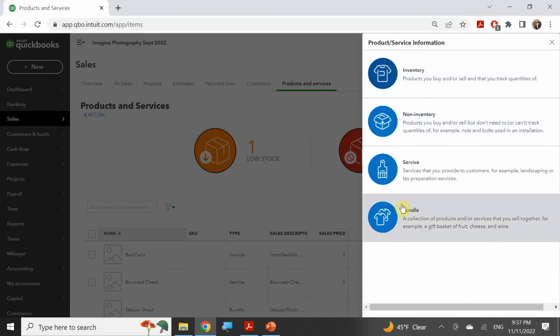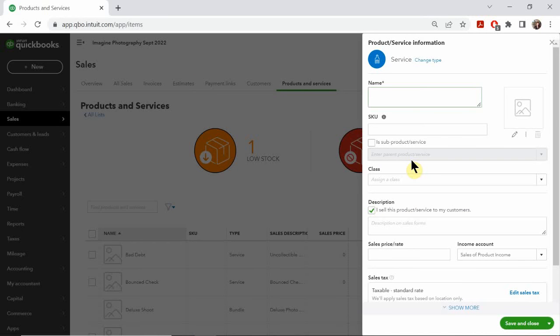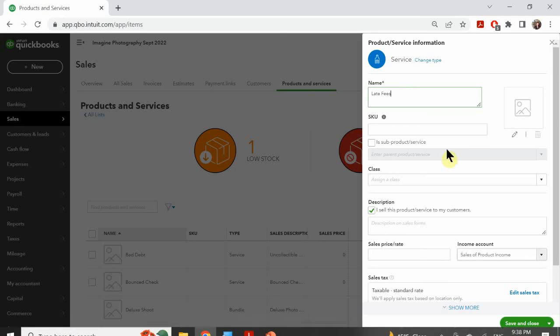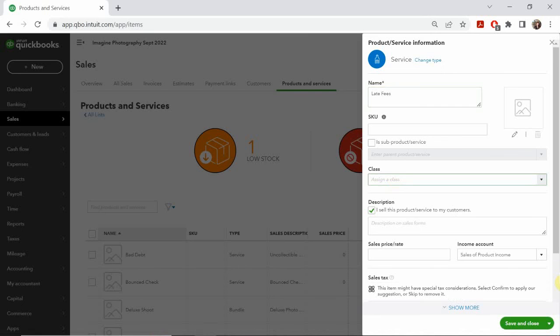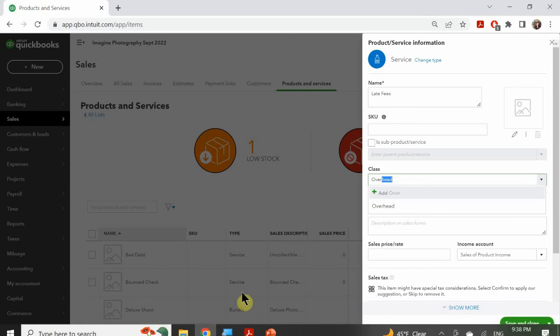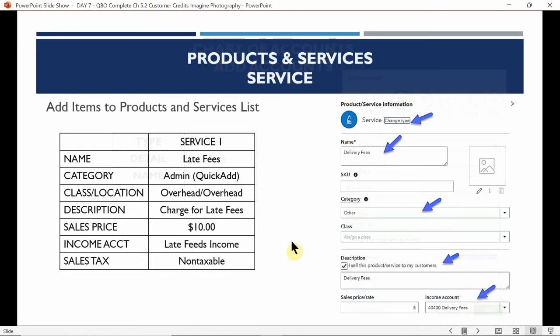I go ahead and click on service. Okay, service is going to be called late fees. Late fees, right? What is this for? This is going to be for overhead or admin if you have it as admin. Let's see what we have it as. We have it as admin, right? An admin, or that's going to be the category, but in this case right here, it's going to be overhead,